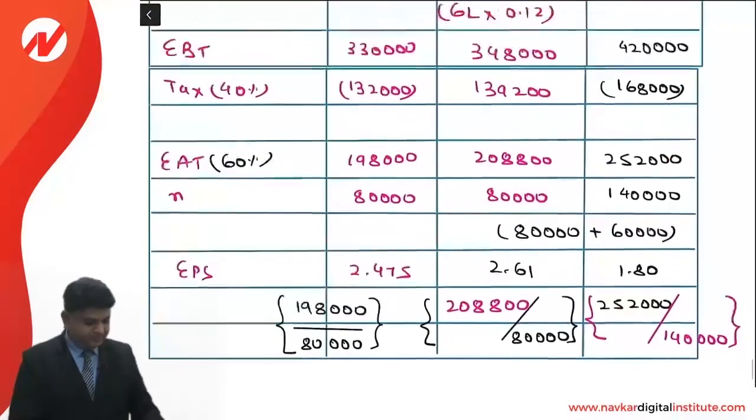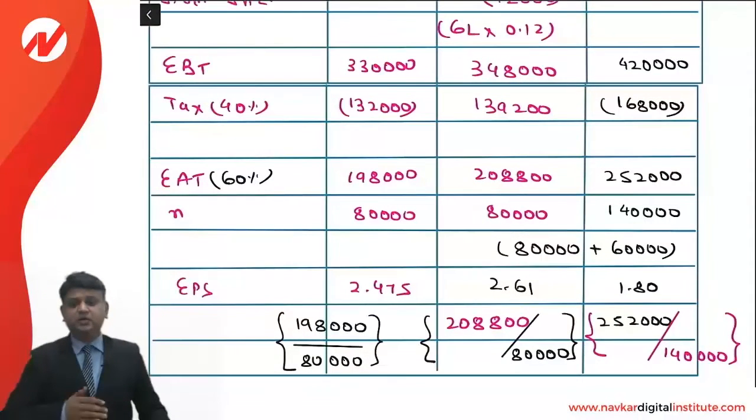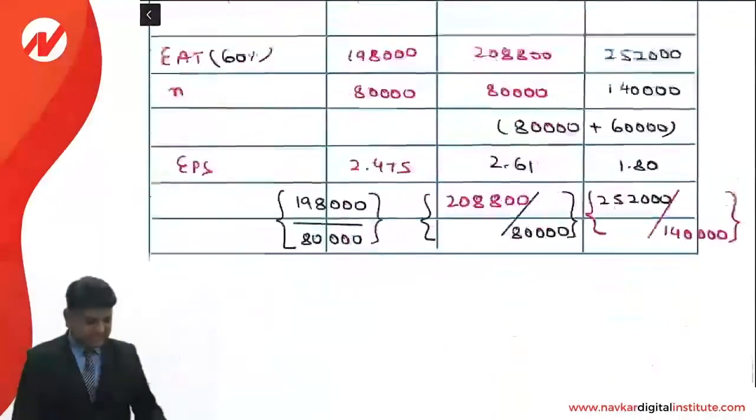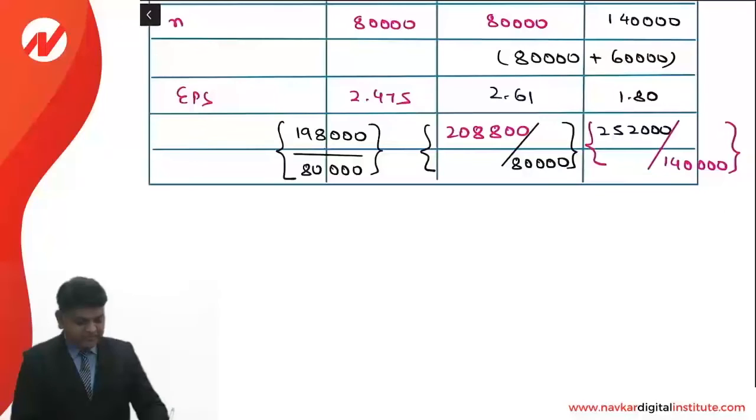Okay. Now friends, what happens with the first option, and with the second option. In both the cases it happens like this, that in case of the debt financing the EPS increases and in case of the equity financing it is falling down. So the company would be advised to raise the additional financing by way of debt.